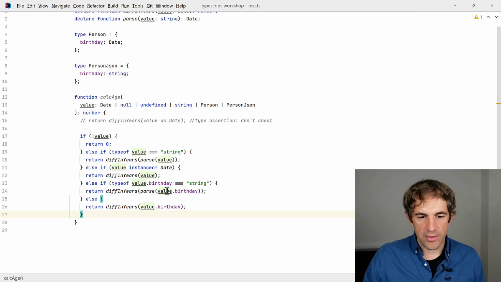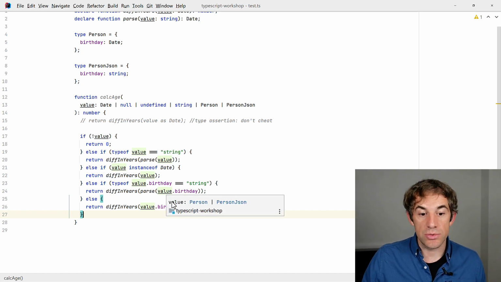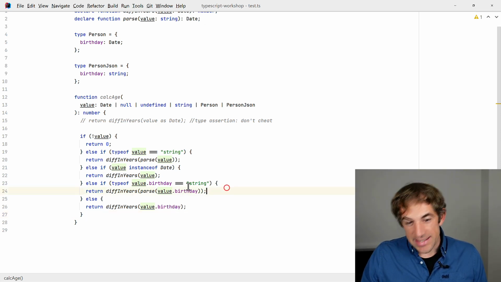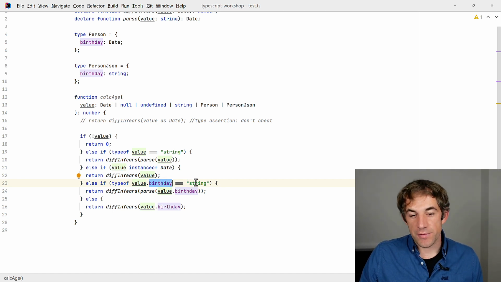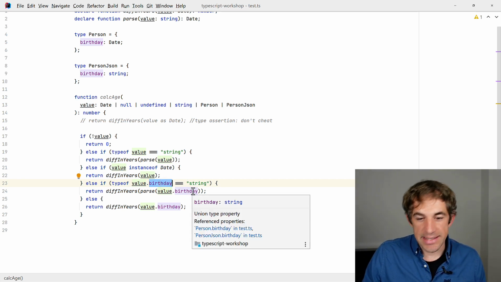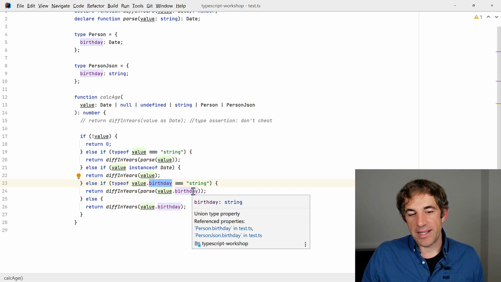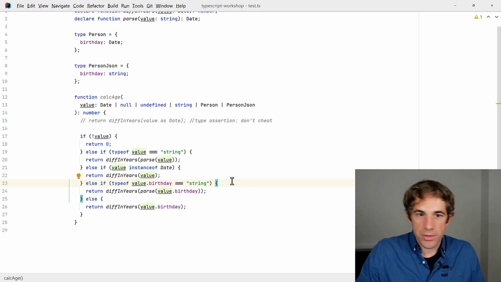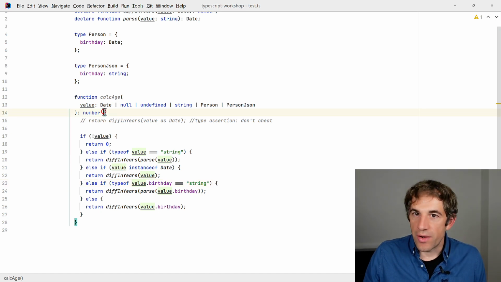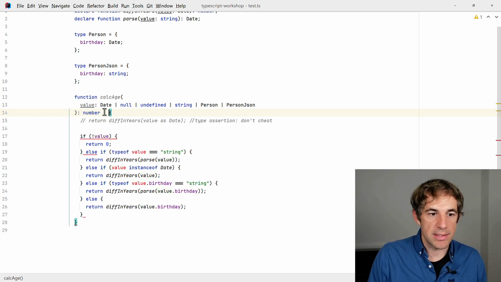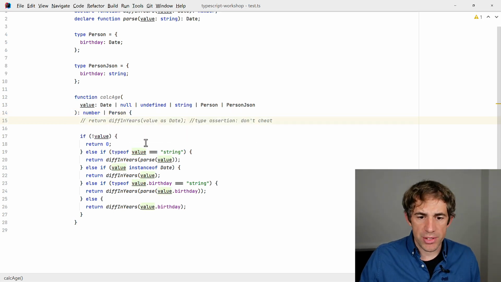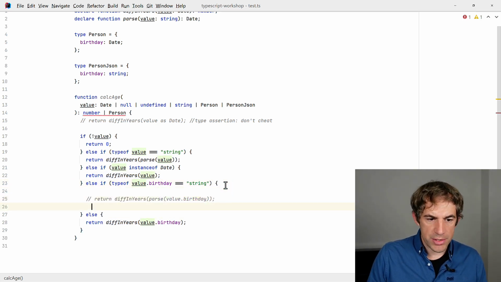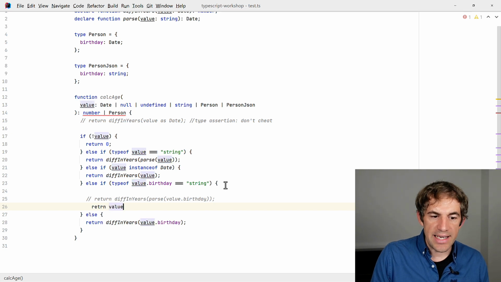But if we take a look at the value itself, then we see that it says here, oh, the value can be of type person or person JSON. Nevertheless, because we have done the check if it is of type string, TypeScript allows us and says, yes, that's right. But if we want to do a little bit more with this value here, for example, let's say I maybe want to return the person, just a thought experiment in this case. Maybe I want to say the function could also return a person. And at this stage, I say, okay, I return you the person, and it will not work because the value is not,